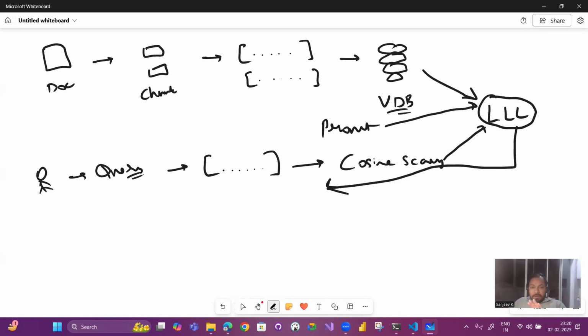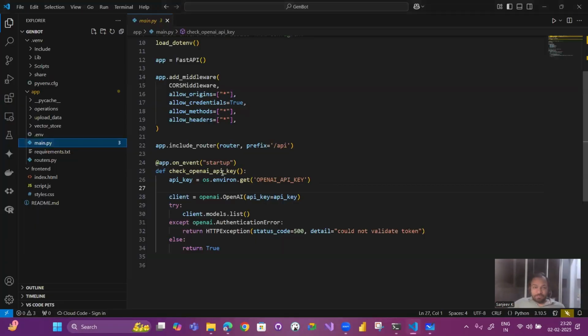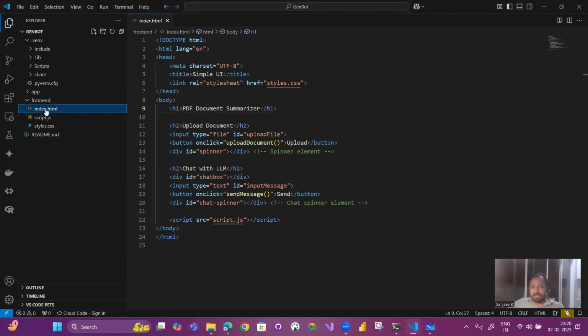When we have such communication happening, there might be a possibility wherein we don't get any value from this vector database. In such cases also, we have to handle it in the prompt. So now we'll go to the code and understand what is actually happening in the backend. I'm not going to explain much about the front end because it has a simple UI screen where we have a send button and a waiting spinner.